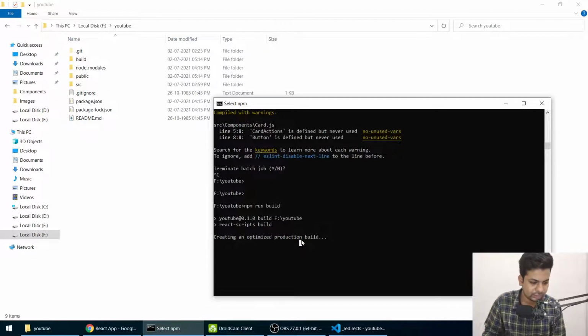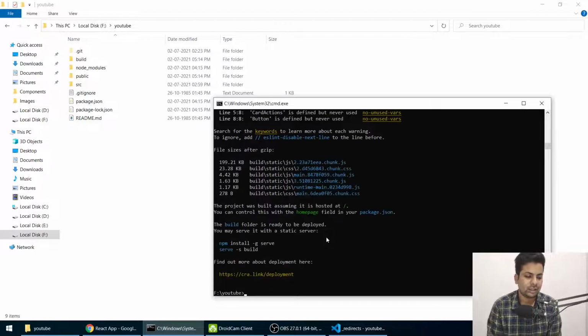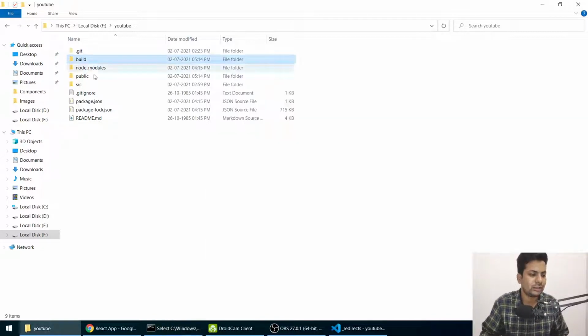Be fast, be fast. Why is it taking so much time, I don't know, because normal websites take around 10 seconds max, but this build is taking a lot. Okay, now it's built. So we got this folder.